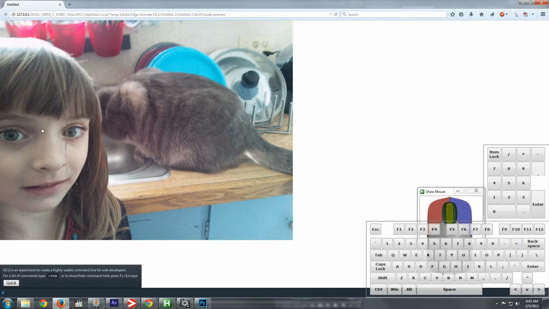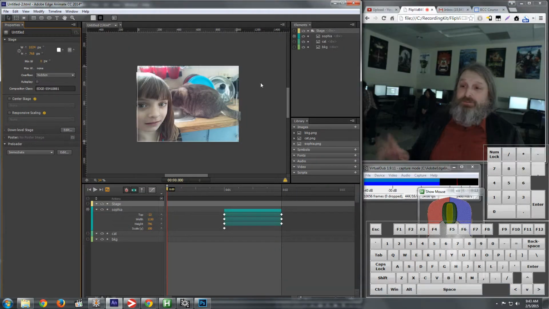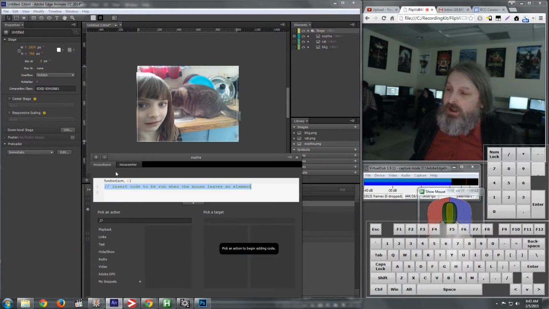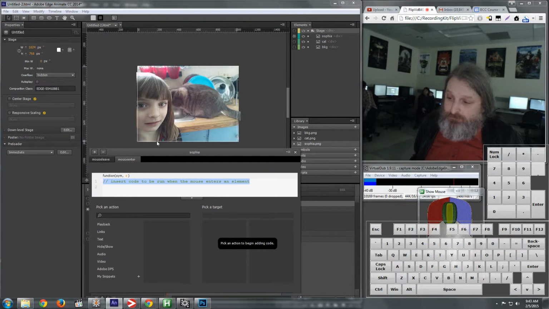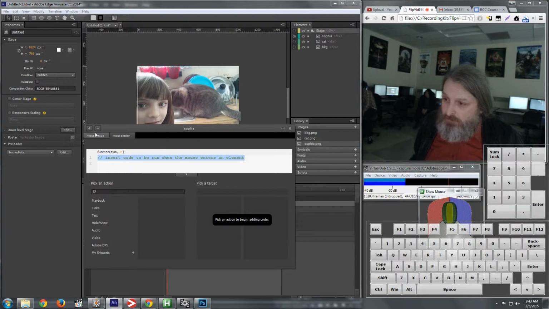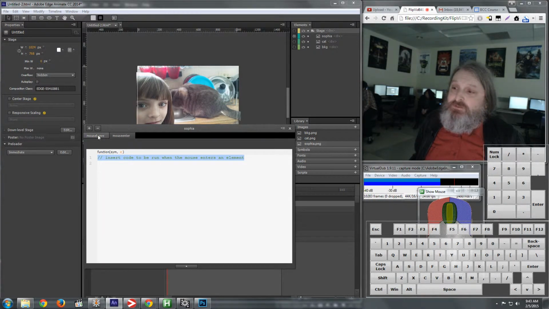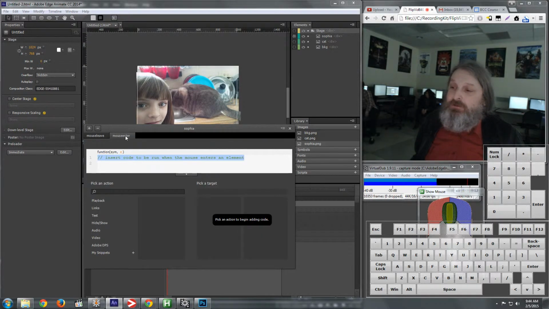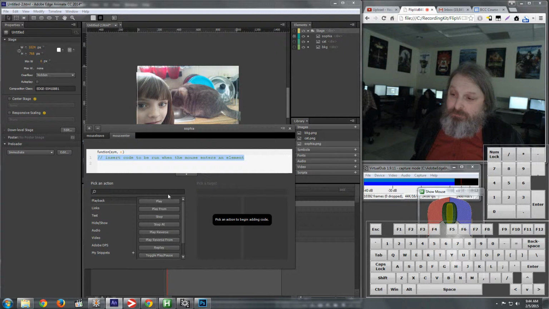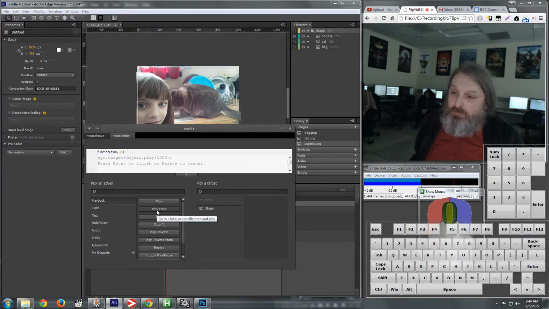she should start to move up, but she's not. And she should move back when she's doing it. So we're doing something wrong, and that's okay. This is how we figure it out. Let's go back into the action, and I'm going to pick mouse enter, which is my first action. And look at that. I didn't save my code. There's my problem. We're going to, under mouse enter again, do playback, play from